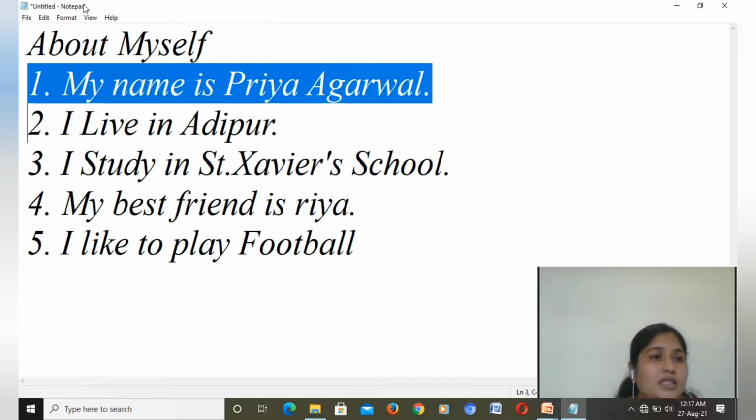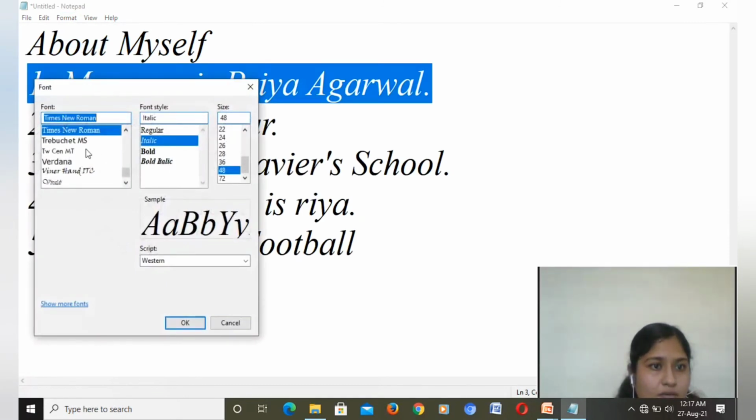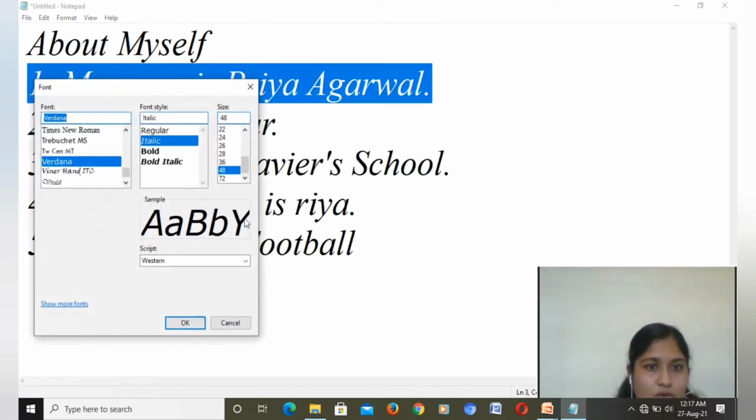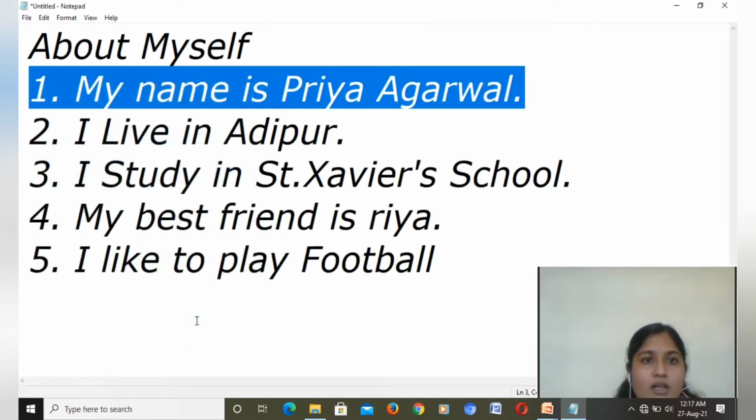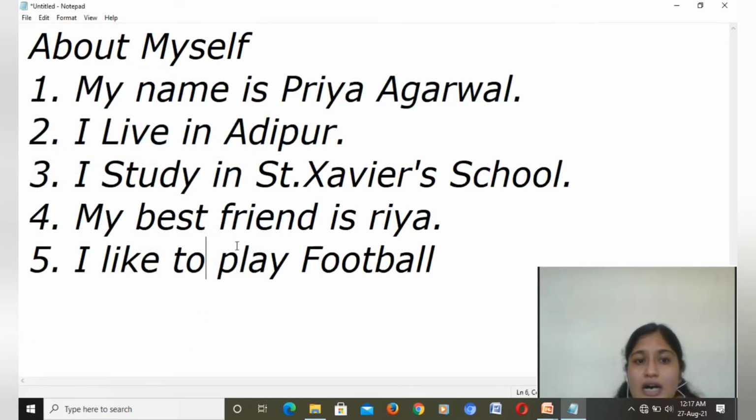Now once again we will click on format, then font. Then this. Now my dear students, I want to save this. मुझे ये सेव करना है, right?